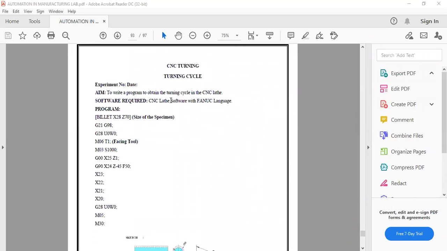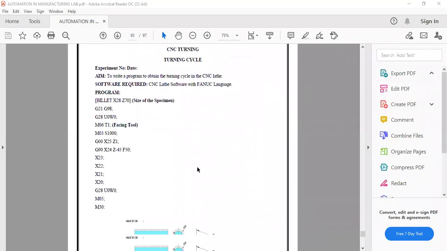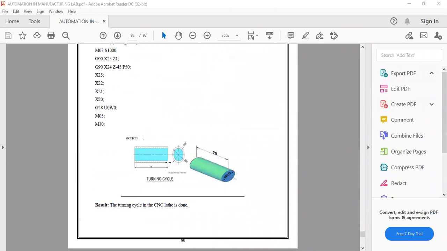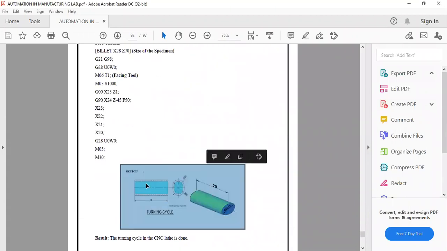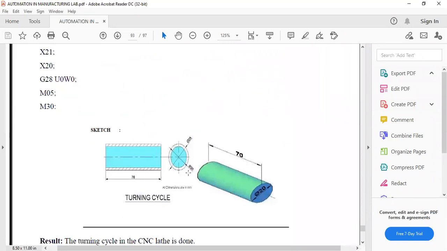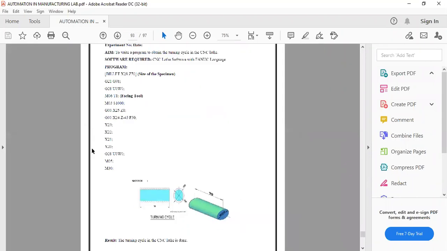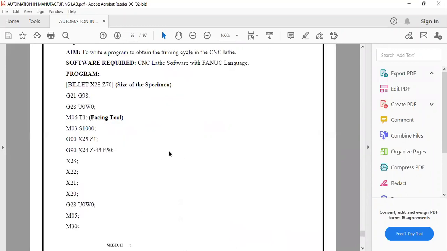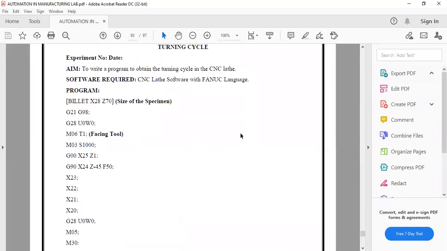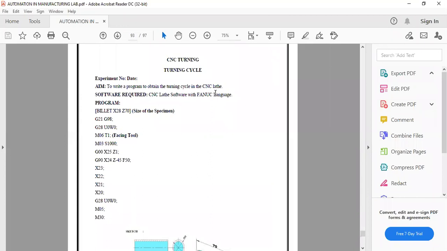So this is the code for turning this part here. You want to turn it from 25 mm diameter to 20. This is how you'll specify that with code, and the language we are using is FANUC.